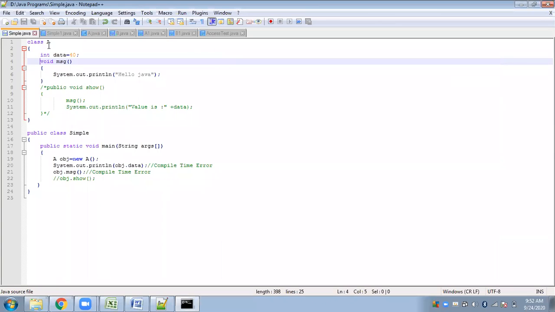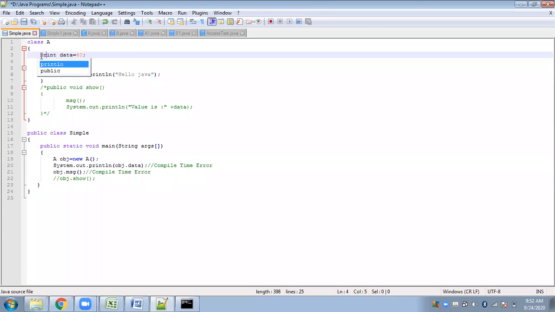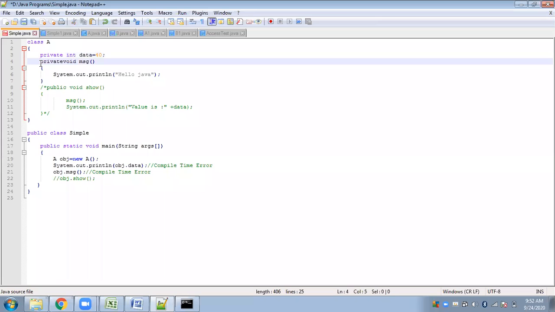Next, now let this be private. Let it stay private here. I'm going back to the same program, and I have given the access modifiers as private again. Now we will see, if it is private, then how can we correct this error? How can we access these private members from outside the class? So this idea failed, this also failed.